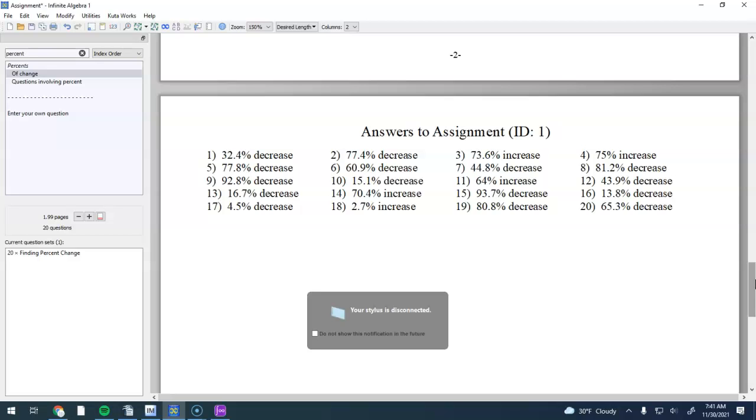Again, I know some of you can do these without showing the formula. Trying to build a solid